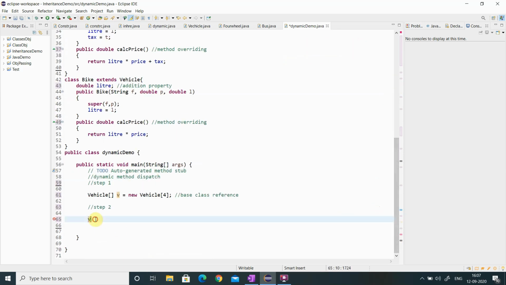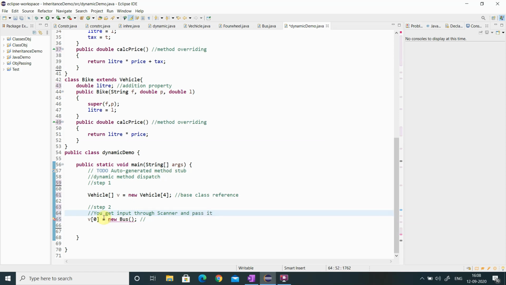So I am going to give V of 0 equal to new Bus. I already know that I need to pass the arguments to the constructor, so either you get input through the scanner class and pass it.